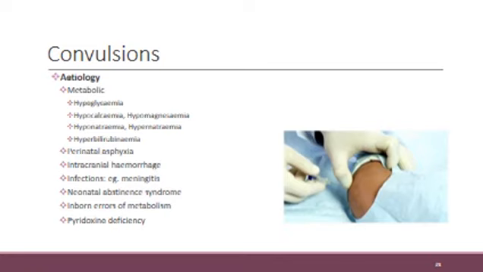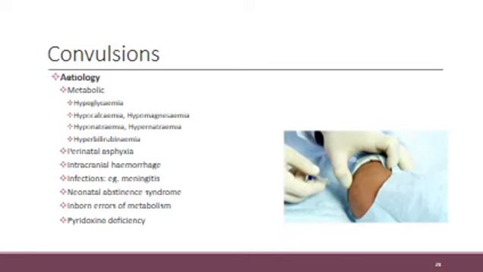Under the central nervous system causes, patients with HIE can fit just because of the brain damage or brain edema. Intracranial hemorrhage, such as intraventricular hemorrhage in prematurity, or maybe traumatic birth with a subdural hemorrhage in term